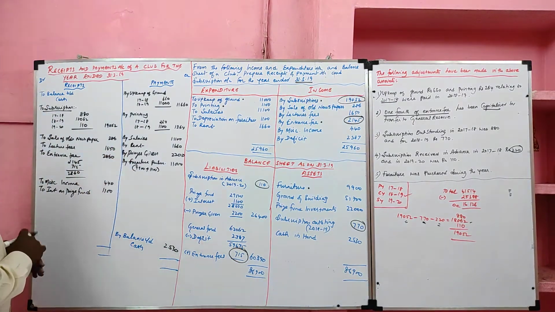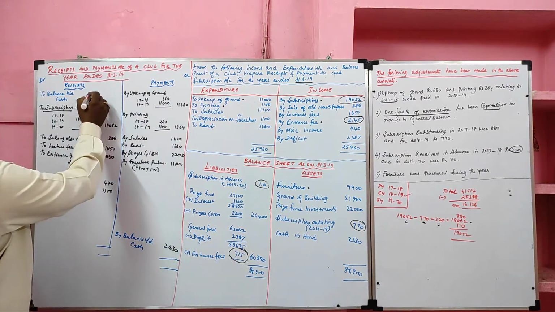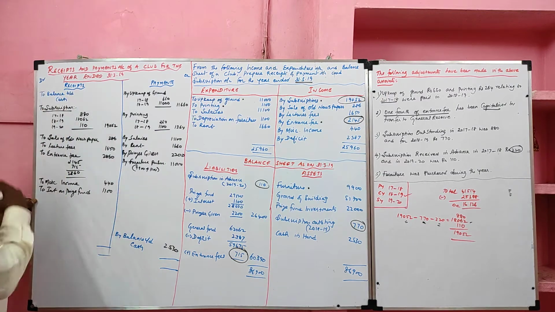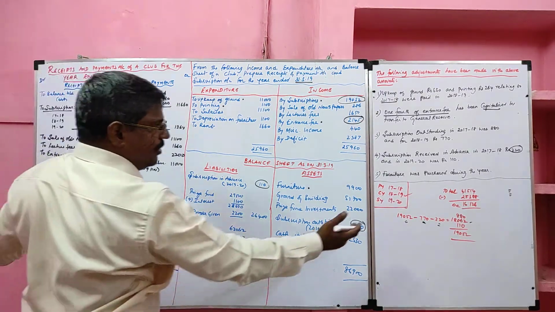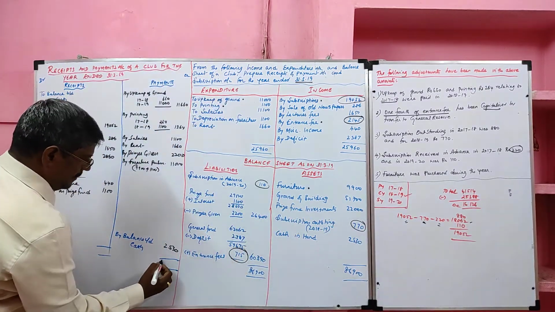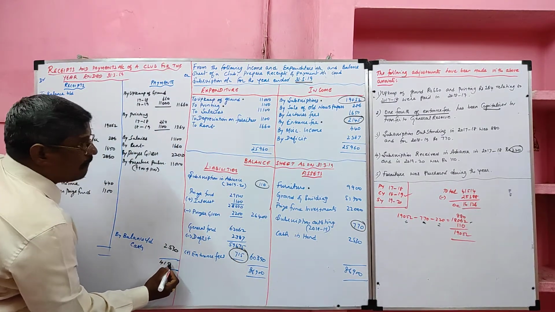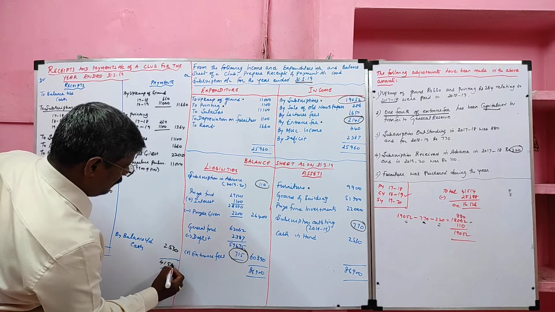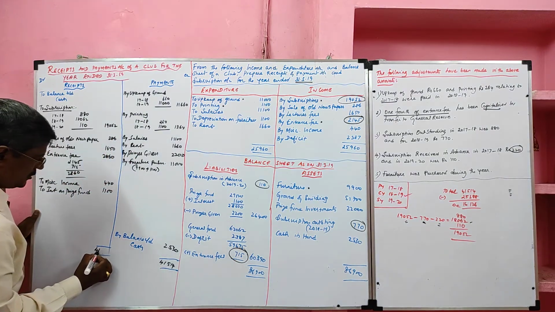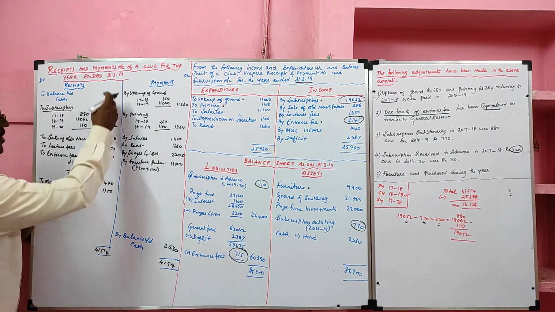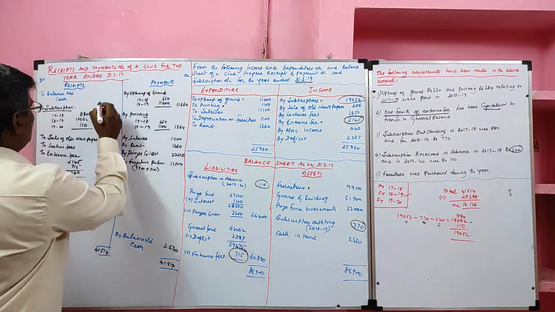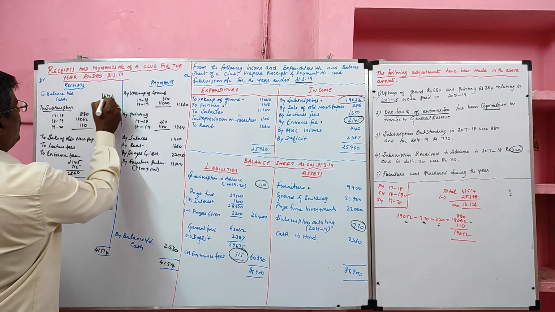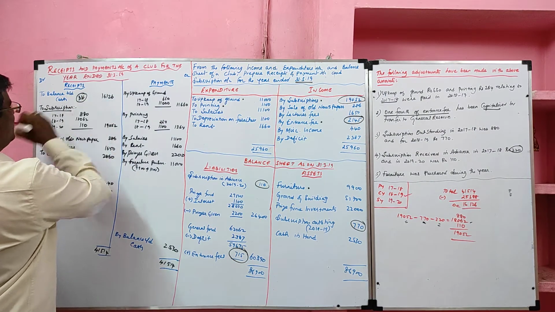Now I am going to balance this receipts and payment account. Here closing cash is given, opening cash is not given. So we have to find the opening cash. The payment side total value I already recorded, 41,514. Minus all debit items, we will get one value, 16,126. That is the opening cash.